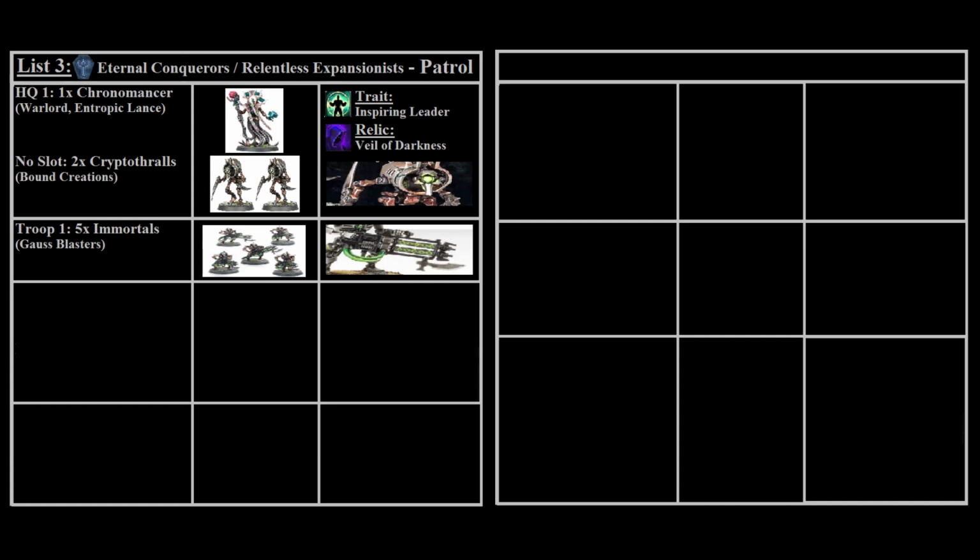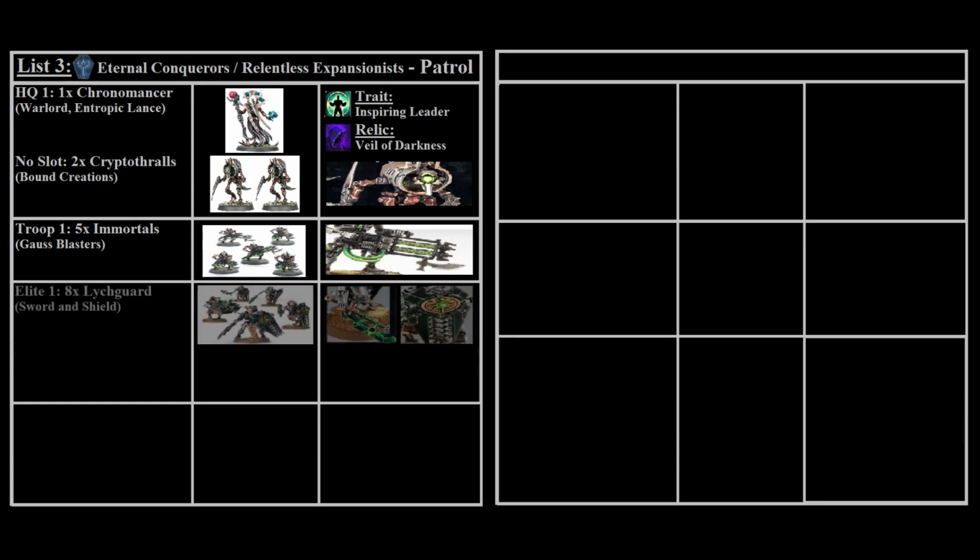Following the troop choice, we come to the elite choice. In this situation, the first elite choice is a unit of 8 Lich Guard armed with swords and shields, as once again that's really the only option they can be armed with, because their other option is a little bit too fragile due to their slow movement speed, and there are simply better options for damage output within the Necron forces, whereas the sword and shield combination gives you a good amount of damage output and a fantastic amount of resilience. Not only that, but with the Veil of Darkness you can definitely get them into position